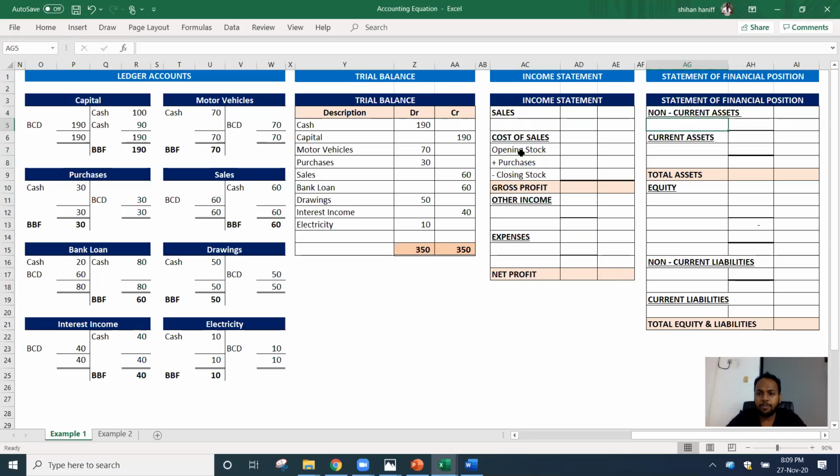And statement of financial position, non-current asset and current asset will be the total assets, then equity, non-current liabilities and current liabilities will give total equity and liabilities. Right, so let's quickly record the transactions. We have sales 60, there is no opening stock, purchases 30,